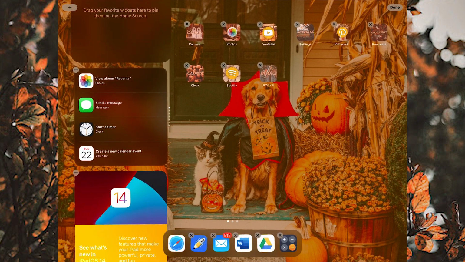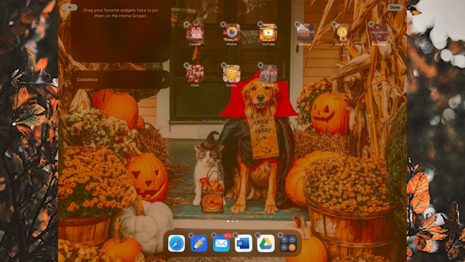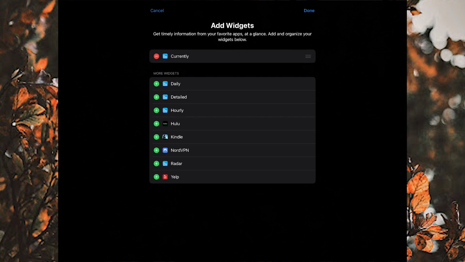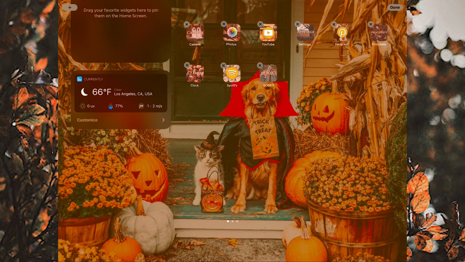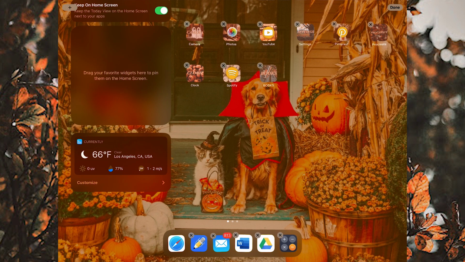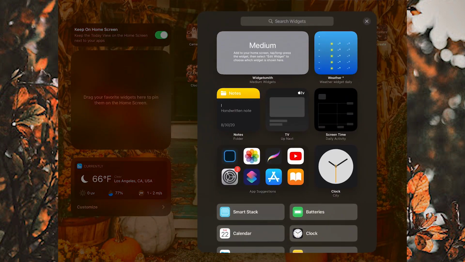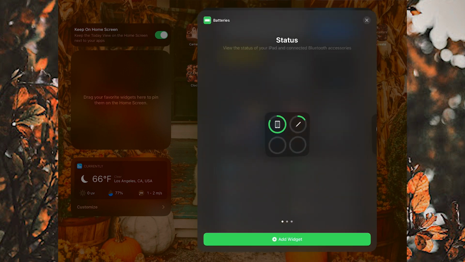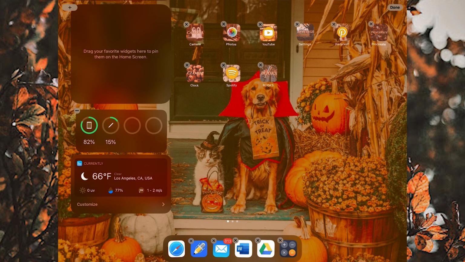So I'm gonna delete these basic widgets. And then I'm gonna customize it, and I downloaded this app for the weather app, so I'm gonna add that. But that's in the customizable. So for the widgets we created, you're going to want to click on the plus sign on the top left, and here is where you can see all the different widgets you can add. So I want to add a battery status bar,